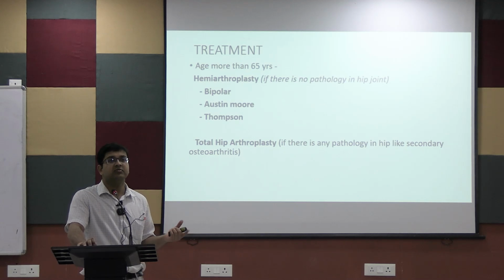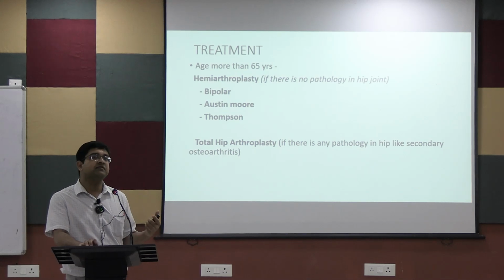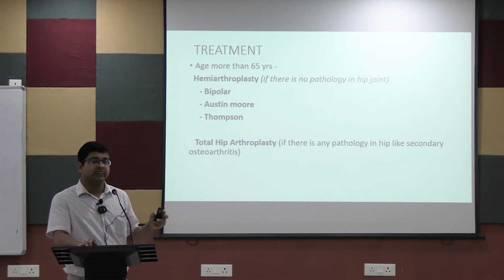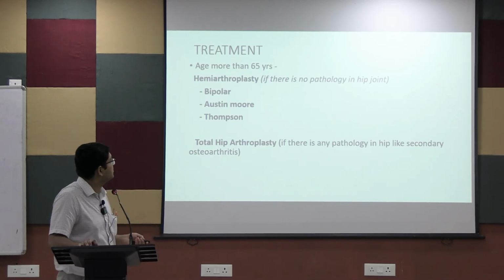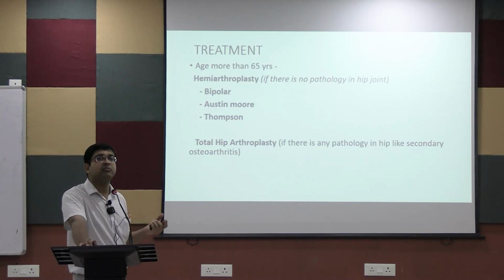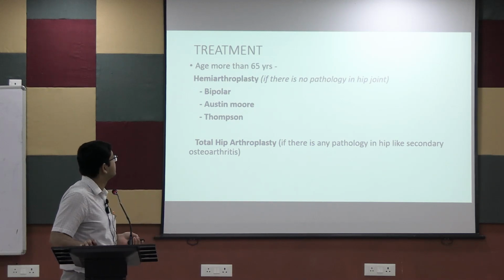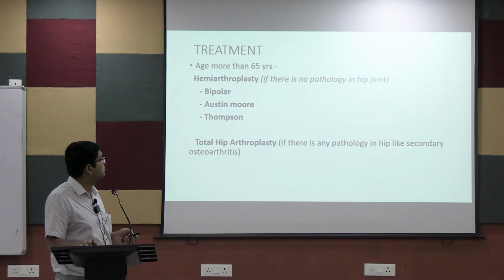You can remove the femoral head and replace it with a prosthesis, with an artificial femoral head. ঠিক আছে, artificial femoral head, that is known as hemiarthroplasty. আর implant is known as prosthesis. তো কিন্তু পরীক্ষায় দেবে এই prosthesis।